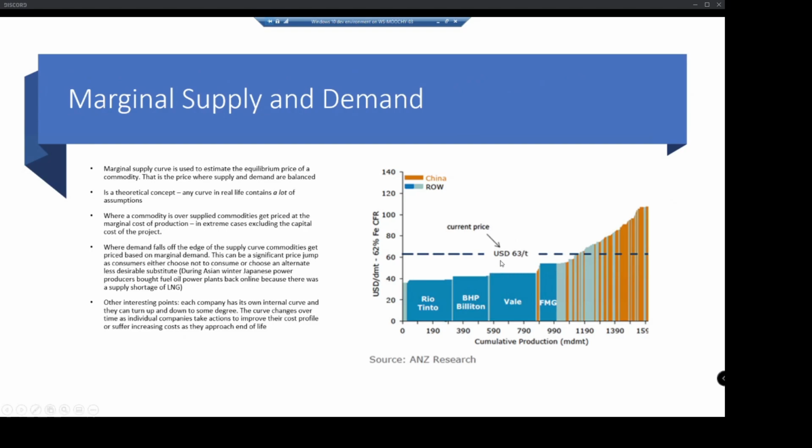So, if the world price is at $62 or something, that means all these guys on this side of the curve are fine, right? They're not going to go broke because effectively Vale's profits, for example, are this bit up here. And if FMG is here, but the world price moves down to $40, well, suddenly FMG is making losses and all these guys are going broke.